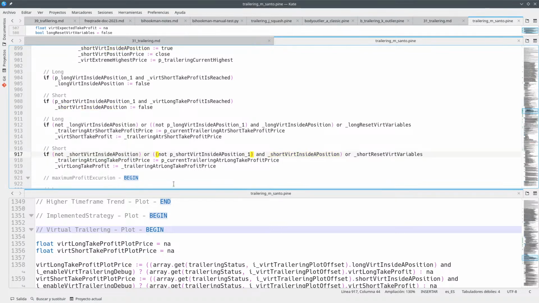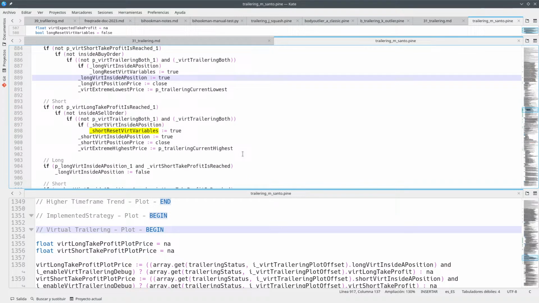What the hell is this? Or you not being in it and then being inside the position, or being asked to reset bear variables, which only happens if this happens, that you are not inside the sell order, and